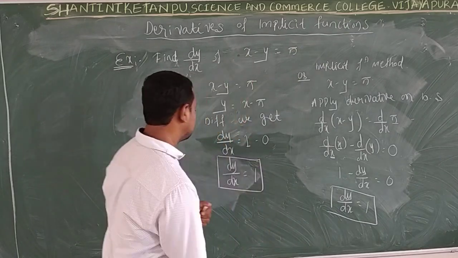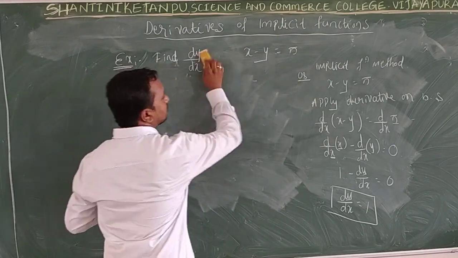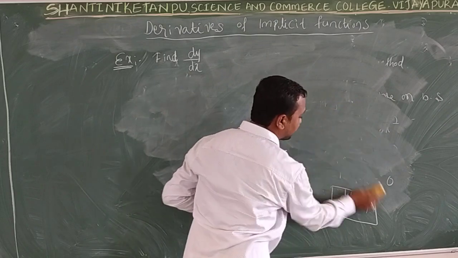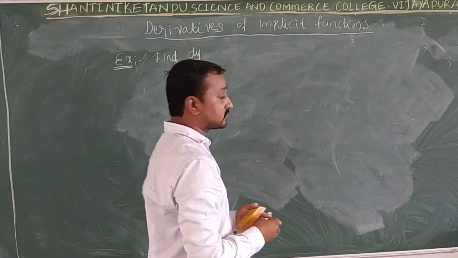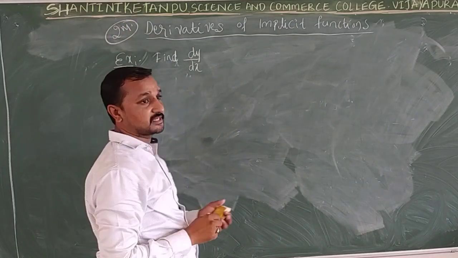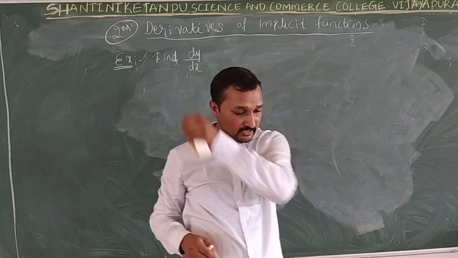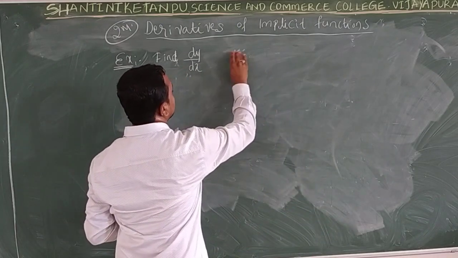So you have that idea. Write down this one. I can take another example. This is a 2 marks concept, students, very important. One fixed 2 marks question comes in your annual examination. Okay, in the next example, find dy by dx if